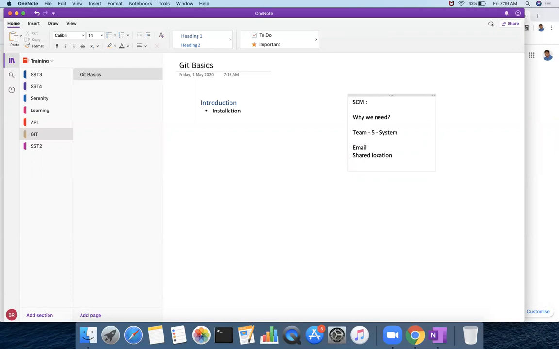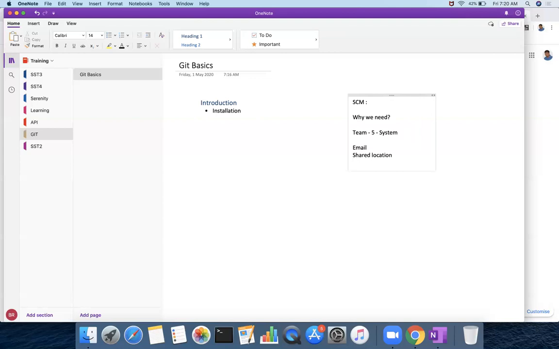But there is a problem. Let's say developer A wrote some lines of code and developer B wrote some lines of code. First developer A keeps the code in the shared location, and then developer B, without knowing that, replaces developer A's code and puts in only developer B's code. That is possible, so that is another scenario you get.